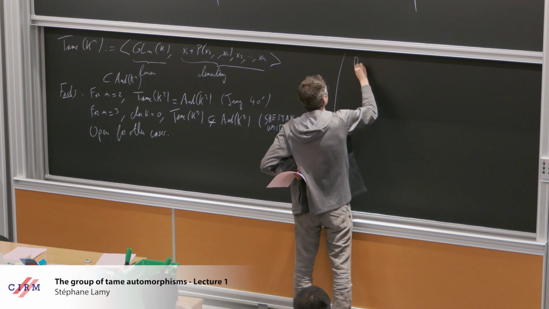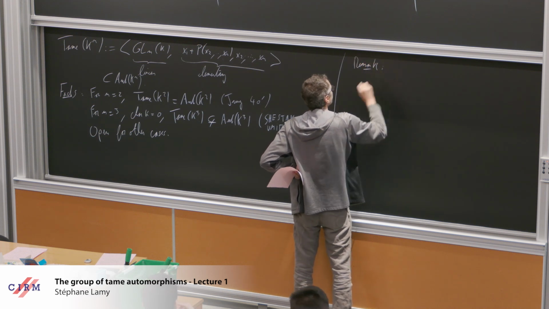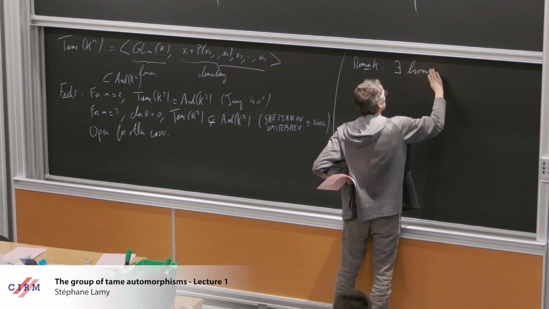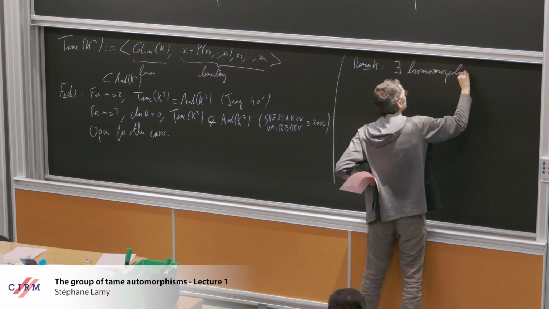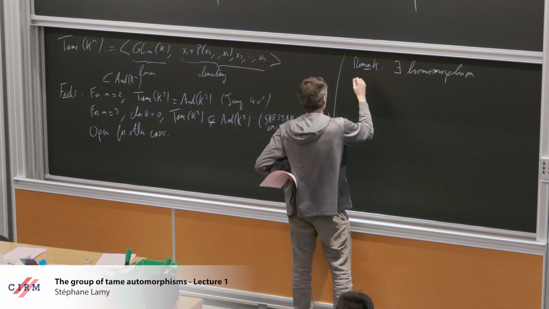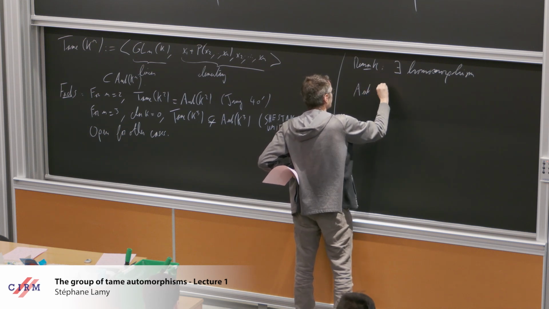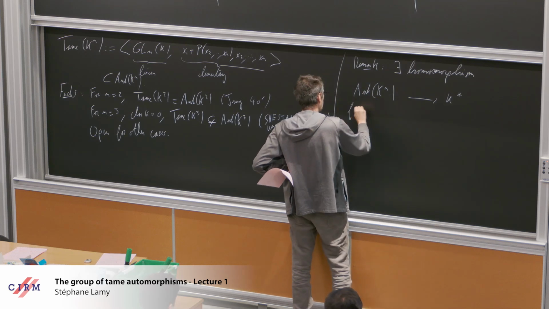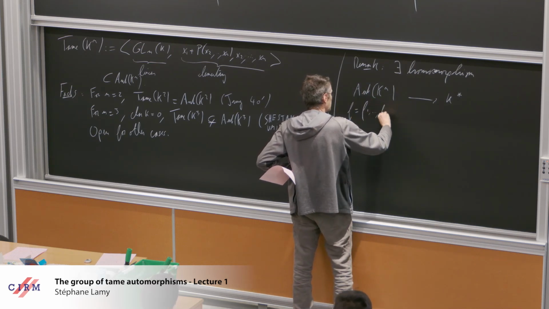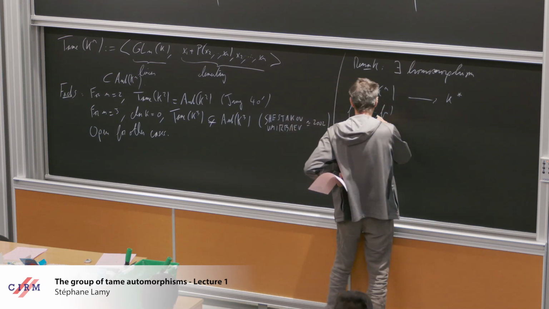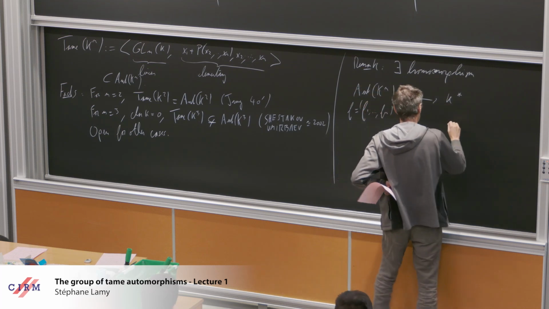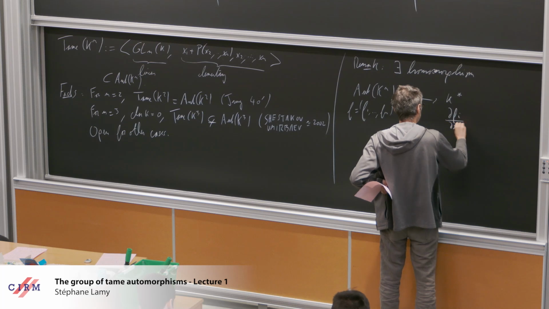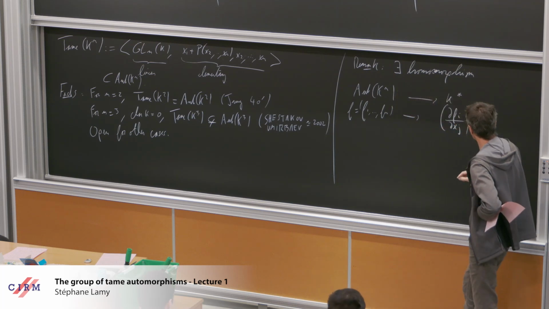So remark, there exists a homomorphism from Aut to K star. Starting from F with coordinates F1, ..., Fn, you take the Jacobian matrix,